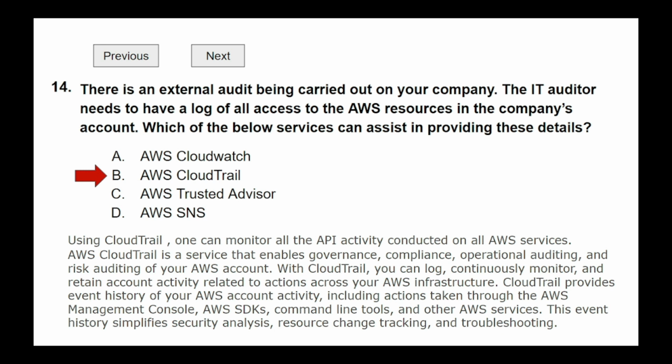AWS CloudWatch is a monitoring service that will give you a visual representation of performance and health of your AWS resources and applications. CloudWatch will give you a dashboard that will show you the performance and health of your resources. SNS is a Simple Notification Service. It's used to notify the users, maybe via email, via text message, and so on.